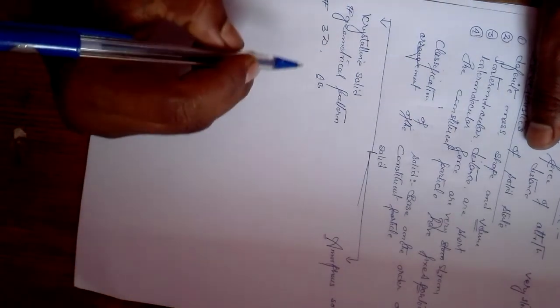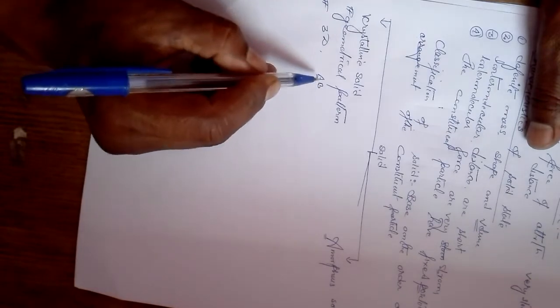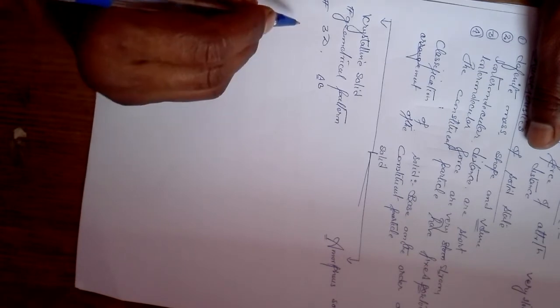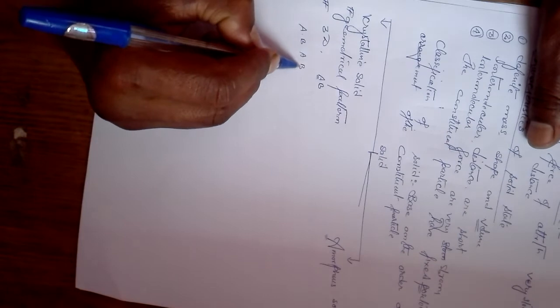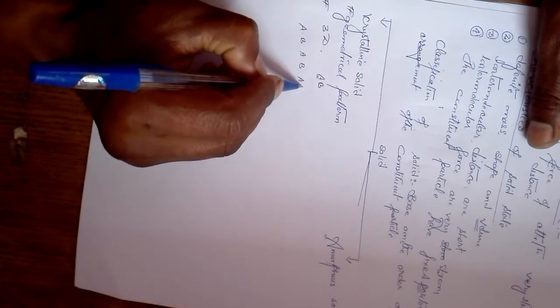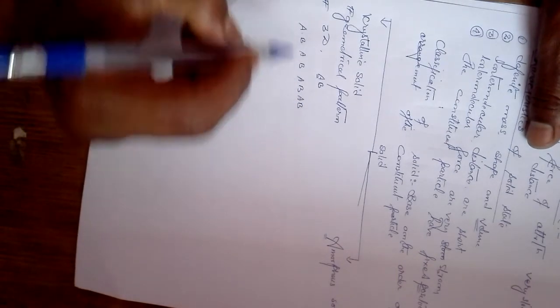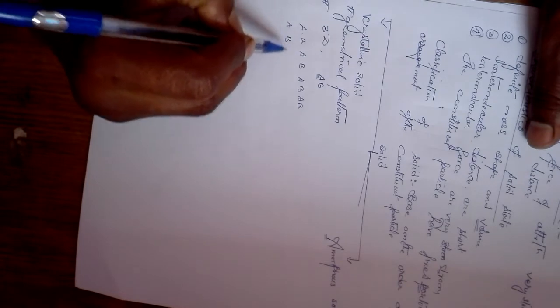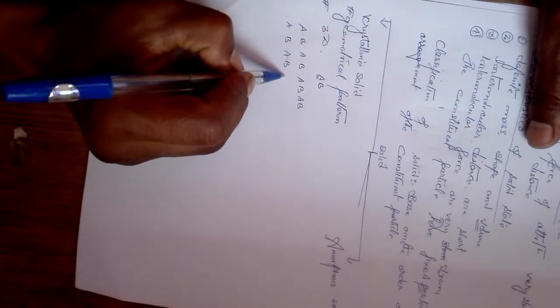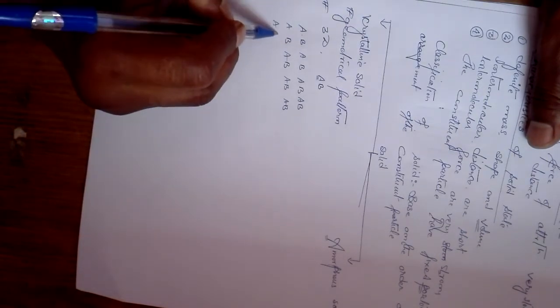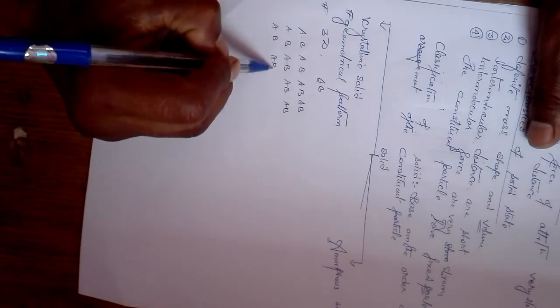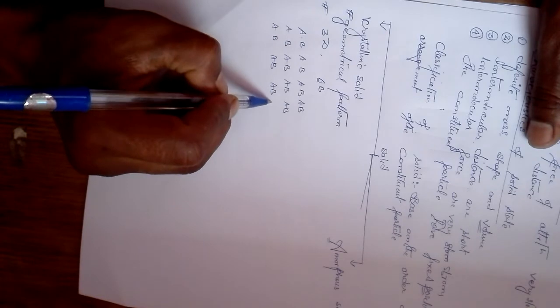Right now, these constituent particles must be arranged in a definite geometrical pattern, and that also in three dimensions. Suppose this is the mode of arrangement in three dimensions. Remember, I'm using the term in three dimensions. If not, then we won't be calling it a crystalline solid, because this way of classifying is based completely only on the mode of arrangement of the constituent particles. So if the arrangement is in this way,